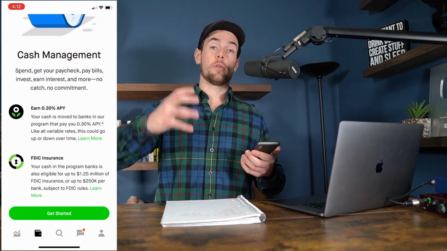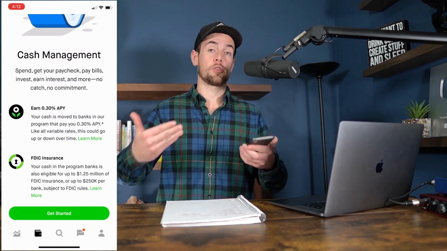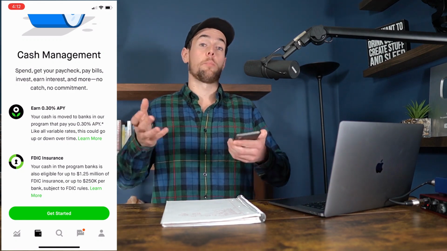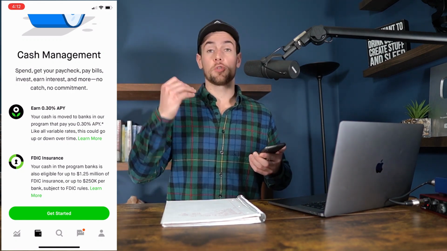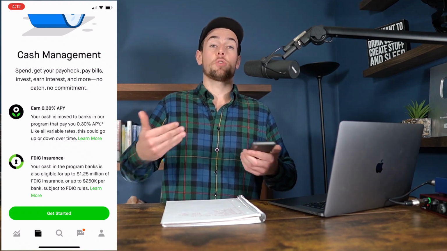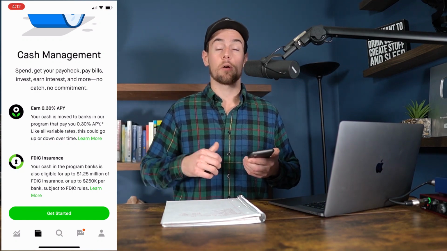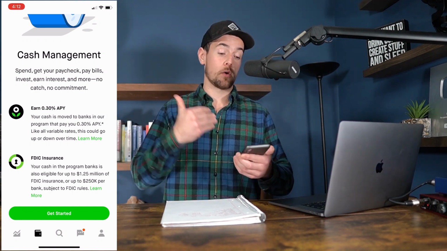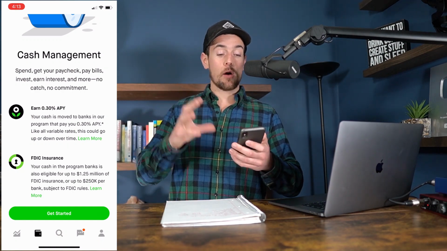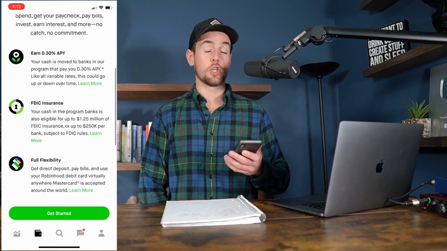So with your Robinhood account, if you open up an account with them, you're going to open a taxable brokerage account or a margin account. And this depends on whether or not you want to borrow money to invest with. The majority of people, the answer is going to be no, but that's something you have to decide on your own when opening the account. But most people are just going to open a cash account where any money that they're investing with is their own money and they're not using borrowed money. But that being said, they also offer a different online savings account called Robinhood Cash Management, which is totally separate